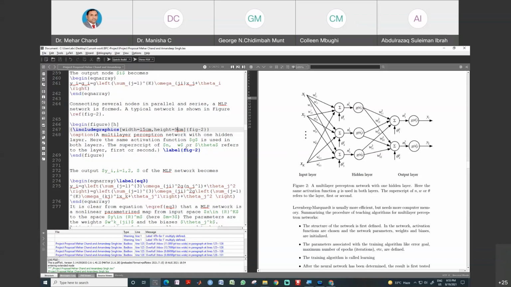At this place you can see this is the label. Label is very important, and this label is used at this place. This is figure, and then we have the reference. Very simple to use.